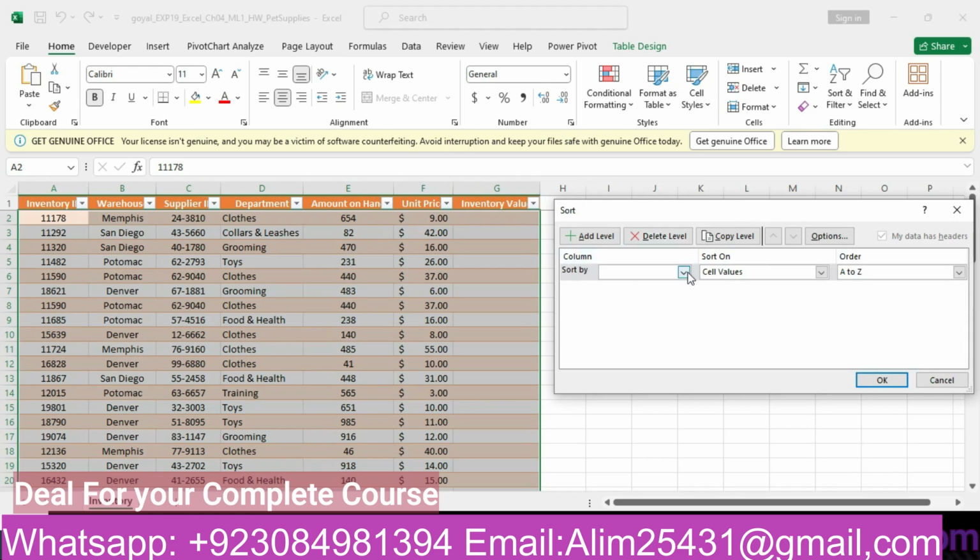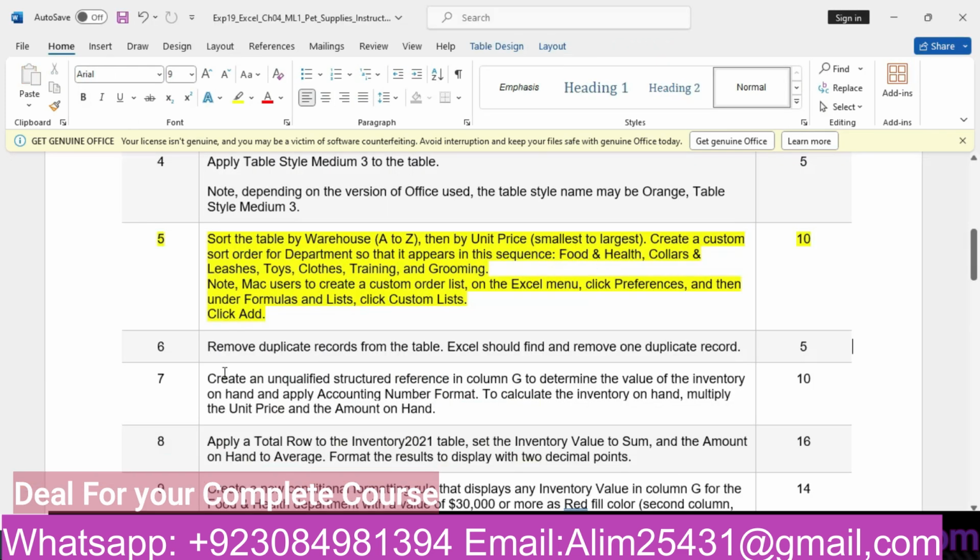We will select first by warehouse, A to Z, and second level by unit price, smallest to largest, and the third level, create a custom sort order for the department so that it appears in the sequence food and health, collars and leashes, toys, clothes, training and grooming.